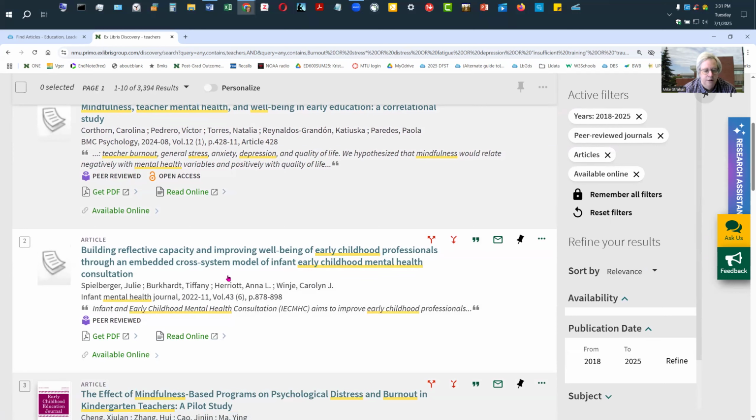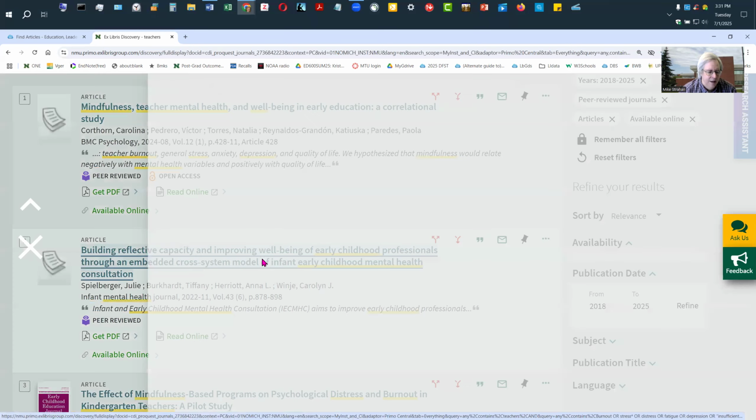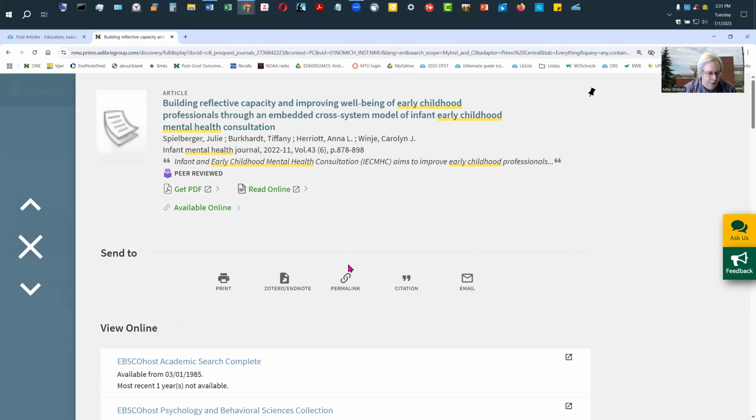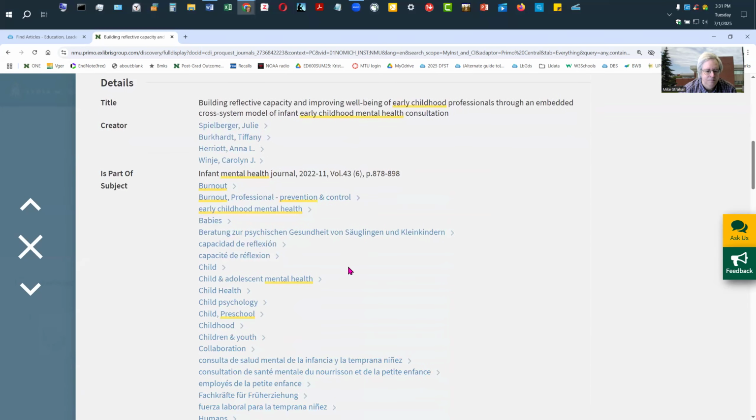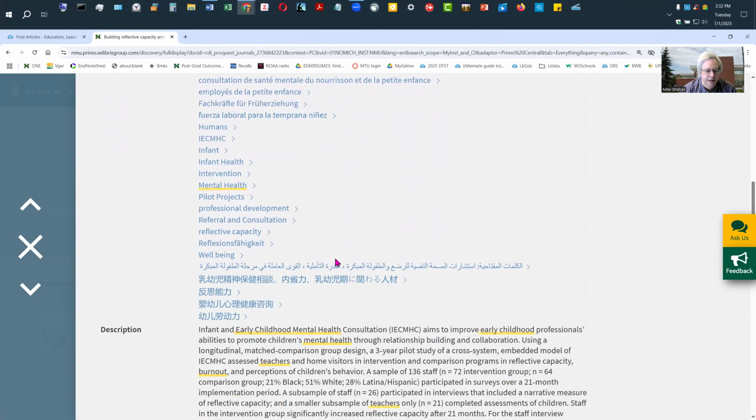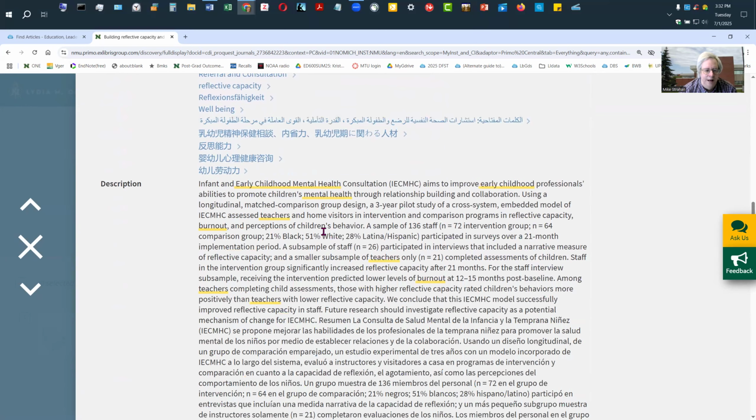This one is interesting. I've got building reflective capacity and improving well-being of early childhood professionals through an embedded cross-system model of infant early childhood mental health consultation. When I first looked at this article, I thought, oh, this is dealing with the children themselves, but they're not. If you scan on past the view online and go past the subject headings and get into the actual abstract, the description, which is written by the author,